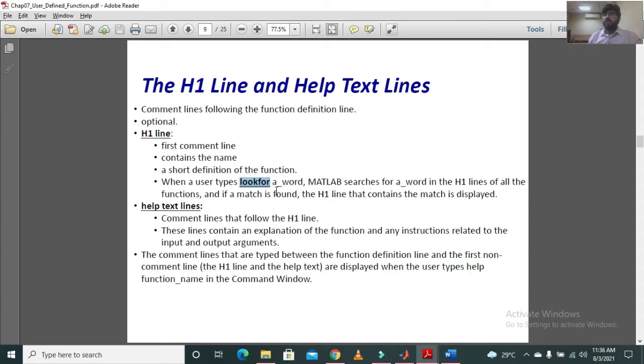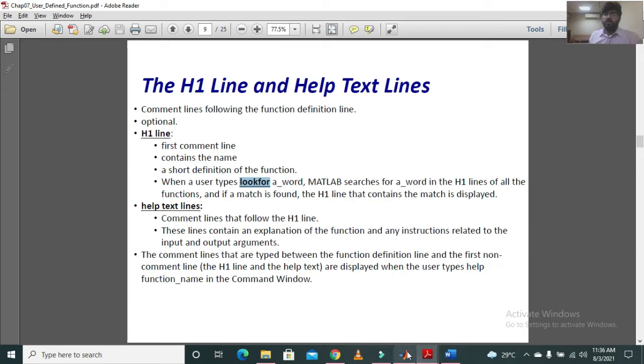This is where your H1 line will help you. Whatever the function you are making is doing, you have to define very carefully the purpose of this function in the H1 line. This is just a thumb rule. You can define whatever you want, but it is better to define the purpose of this user defined function.